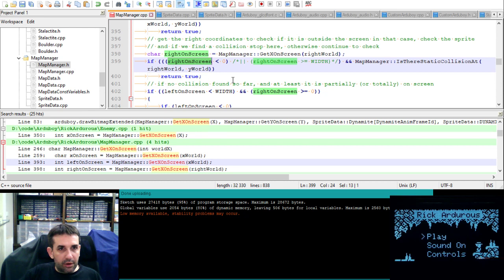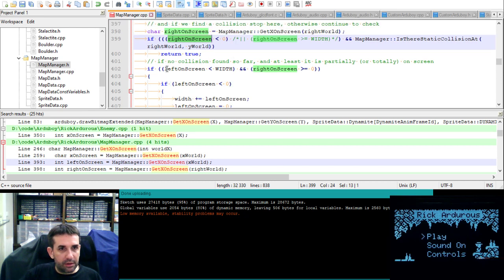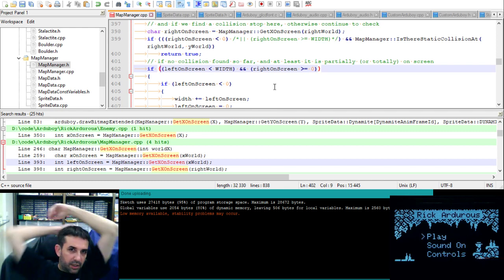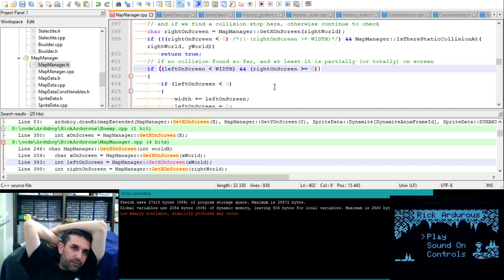And no collision found. So this test is always true. So far, at least it's partially or totally on screen, if no collision so far. Okay, so